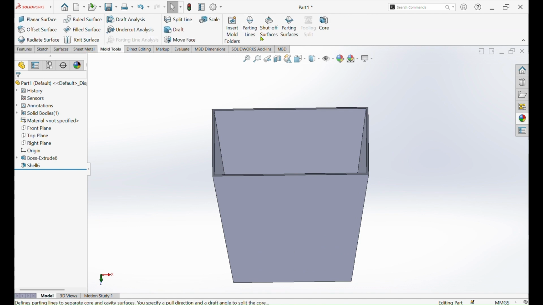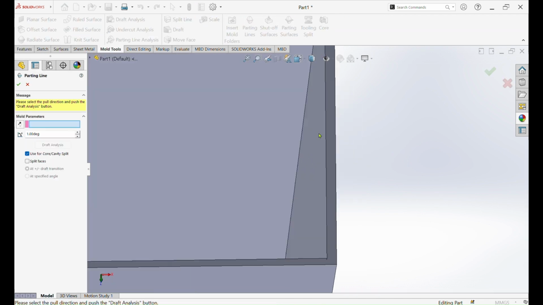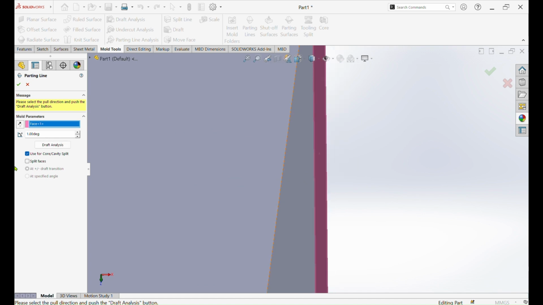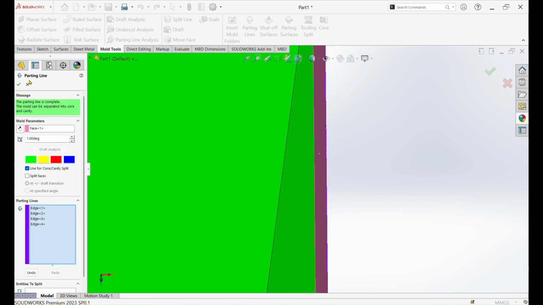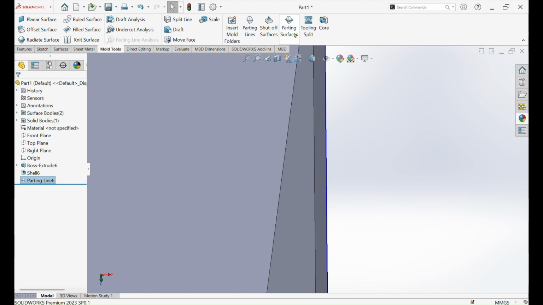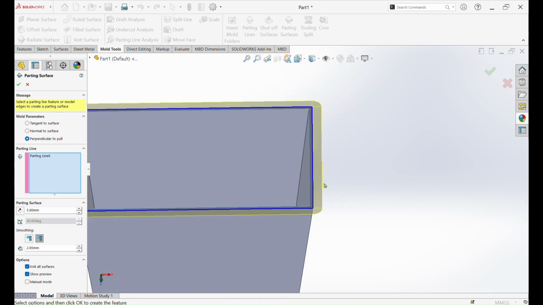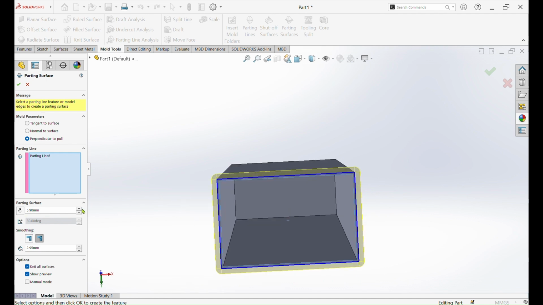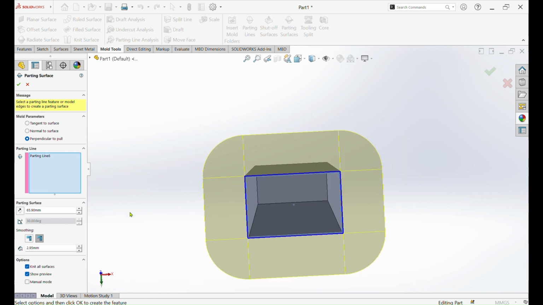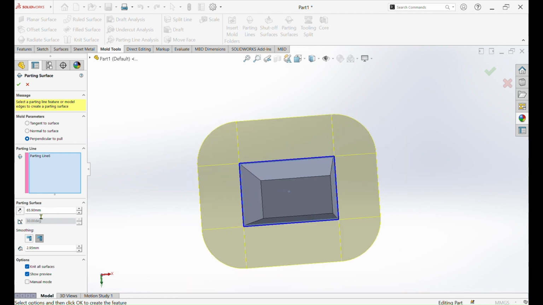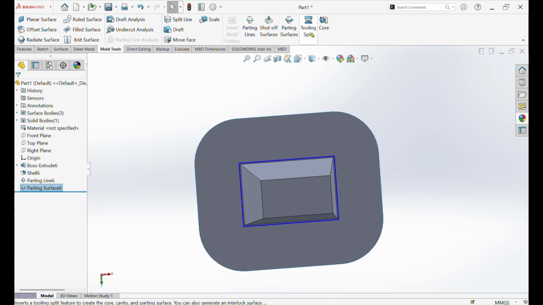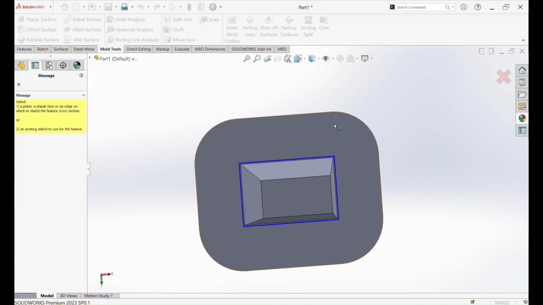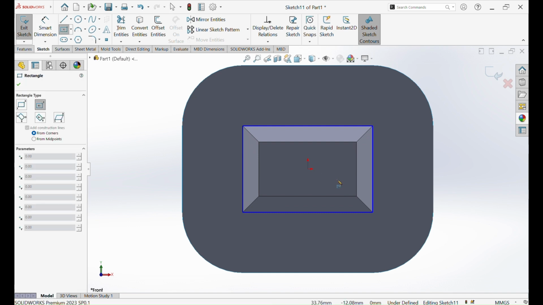Go to mold tool, click on parting line, click this face, draft analysis, OK. Go to parting surface, select dimension according to our need. I select 70 mm. OK. Go to tool splitting, click on this face, center rectangle,